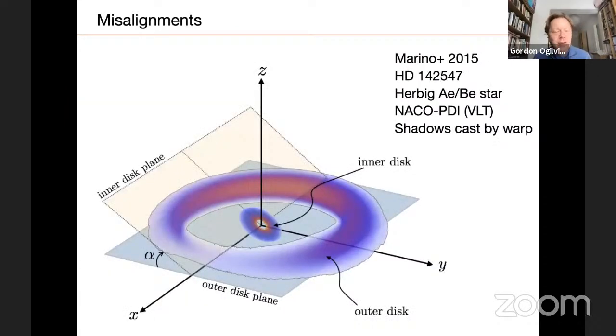Another type of observation that's been prominent recently is, well, there have been a lot of developments of imaging of disks around young stars. And here's an example of where shadows in the outer parts of the disk, which move quite rapidly, have been interpreted as being cast by a strongly misaligned inner part of the disk that's precessing and casting a moving shadow on the outer part of the disk. So there are several systems like this where strong misalignments have been deduced and associated with warps.